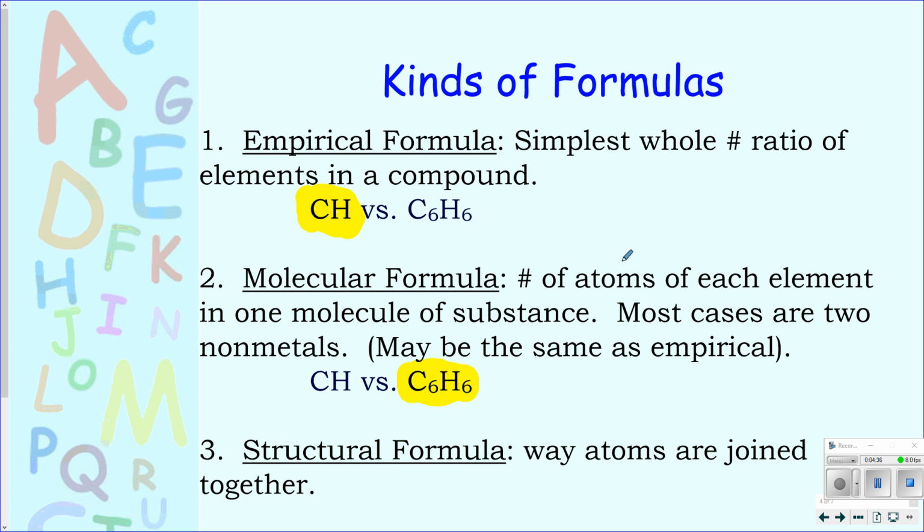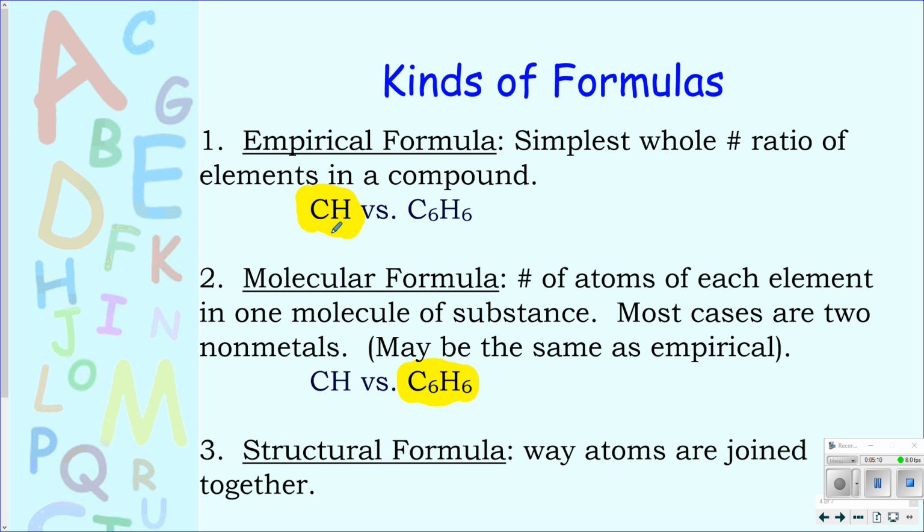Empirical formulas is where you're looking at your simplest whole number ratio of your elements in a compound. So if we're looking at these two formulas, CH versus C6H6, CH is your empirical formula because it's reduced to your simplest whole number. We can divide these sixes by 6 to get 1. Also notice in chemistry we do not write one. So anytime you just see a C or an H, it's understood that we know that there's one carbon and